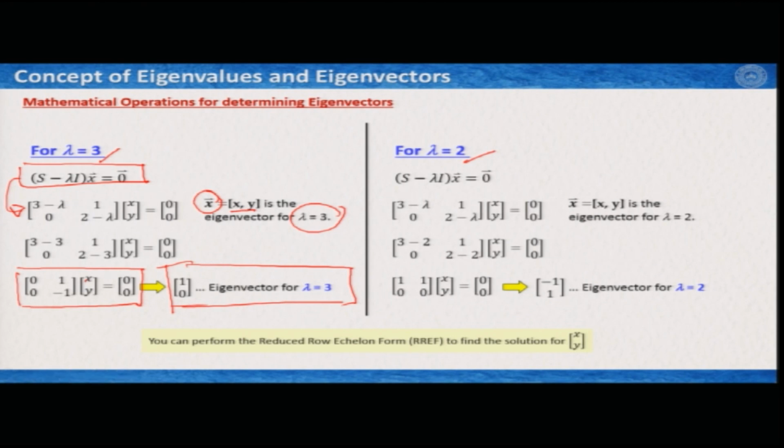So, you see that mathematically we can derive this; we do not have to draw the curves or plots and so on. Of course, you can do it for better understanding, but otherwise just doing some simple matrix algebra, you can calculate this. By the way, just to let you know, to solve this equation for x and y, you can use reduced row echelon form, RREF, to find the solution of x and y, and you can find the process of RREF in any standard matrix algebra book or text. So, in a similar way we found that it was 1 0 for lambda 3, the eigenvector,